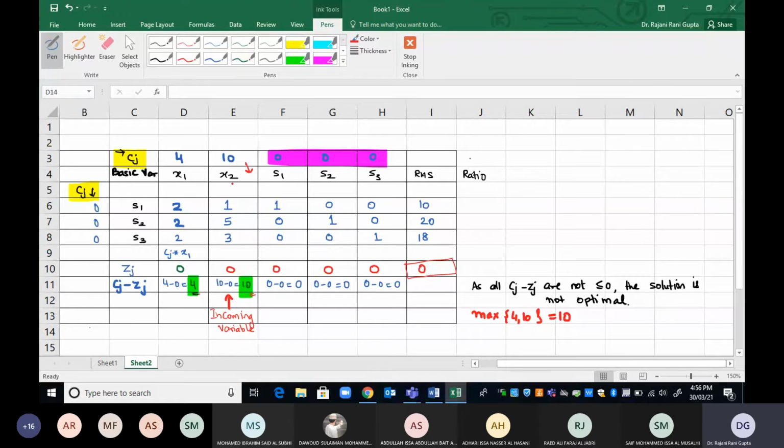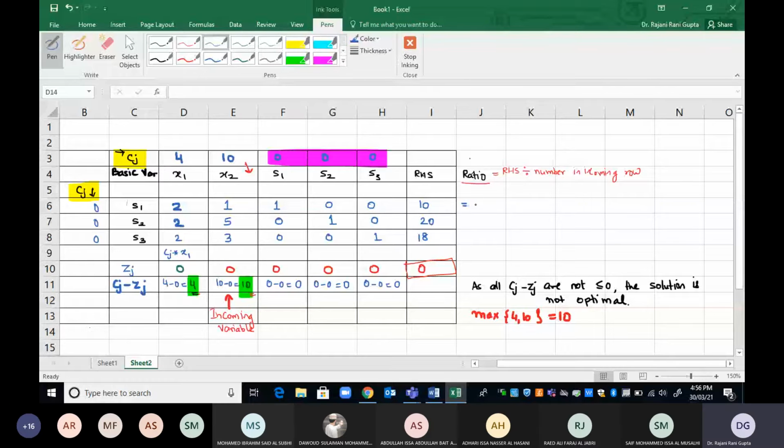So now the employer also wants to see which one of s1, s2, s3 should be replaced. So for that, how do we decide which one should be replaced? What do we have to do? We have to calculate the ratio. Now, how do we calculate the ratio? Ratio is always RHS, right hand side, divided by the number in the incoming row. So what is it here? In this case, it will become,